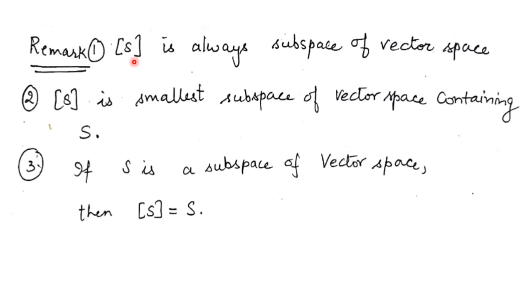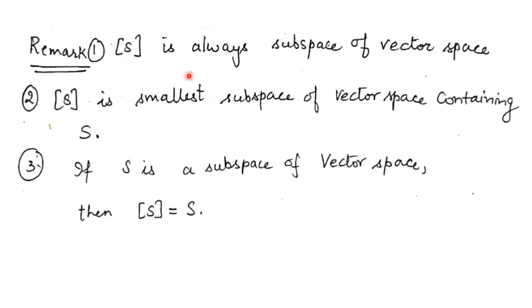So if you consider any two elements of span of S and add them, again it will be a linear combination, so it belongs to span of S. Similarly, when you multiply the members of span of S with some scalar, again it will be a linear combination, so this belongs to the span of S. Span of S is always closed under vector addition and scalar multiplication. Therefore, this is a subspace of the vector space, right? So span of S is a subspace.